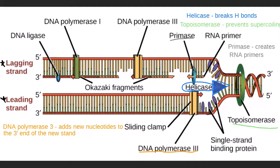Let's take a look at this. So this would be 5', 3', 5', that's the 3' end, and that's the 5' end of that strand. If they can only add in the 3' end, it's going to create some problems, right? So it's going to have to create a strand from 5' to 3', and once that 3' strand matches up, like it did over here with the segment of DNA, it has to jump up here and start creating another